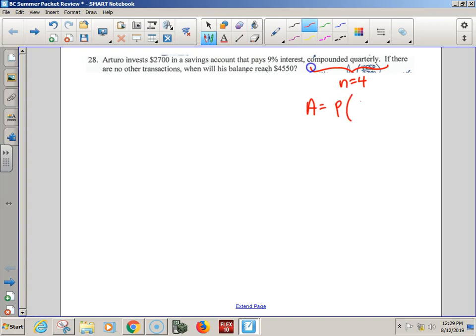P times (1 + r/n) to the nt? This is the compounded n times per year formula. So without that one, that's why I'm like, I probably should have taken it off. But it is a valid formula. It's just not as nice as the exponential growth one, as far as the easy P times e to the RT. So without that formula, nasty. With that formula, easy. Because then you just plug and chug what you got